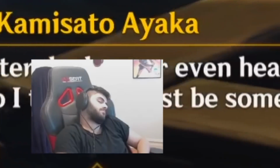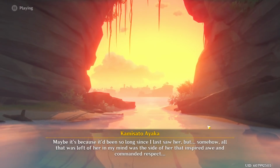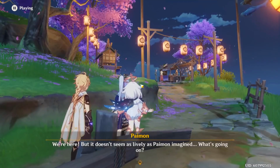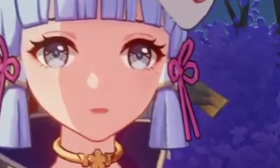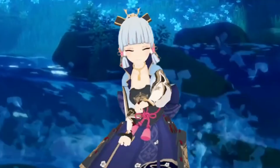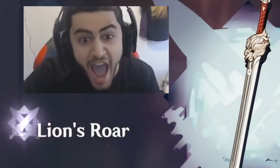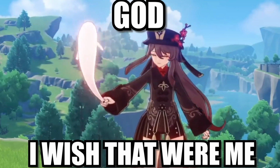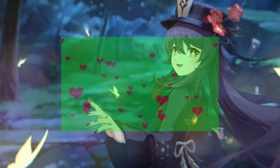There's a bunch more dialogue about how her mom's a fox envoy and we need to deliver pizza to her in a cave or something. I wasn't paying attention. And then we go to a festival to simulate the feeling of going on a date with a human female woman. And after Ayaya performs her special dance for me, I'm really tempted to pull for her on the banner, but my heart is already set on Hutao, the official best girl of Genshin Impact. My one true...